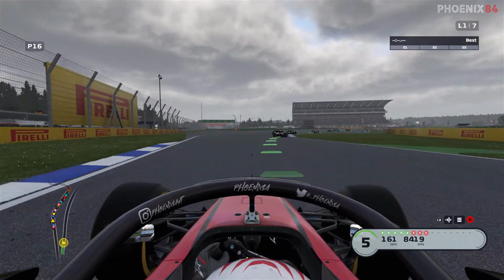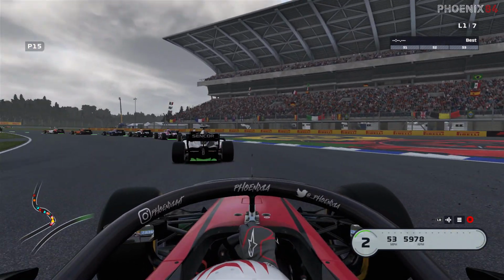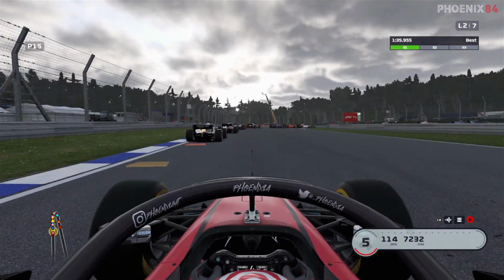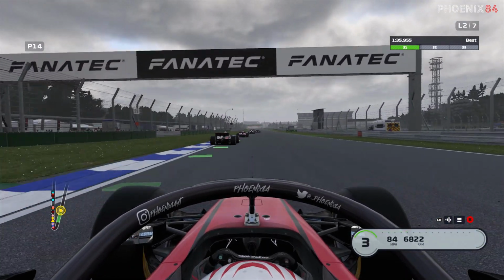And now we need to make an upswing. We've made four positions up. Can we make another one up here, up the inside of Lacey and up into P15? So we're making some good ground. Next up is Callum Ilott. He tries to turn in on us, but we're going to squeeze him to the end